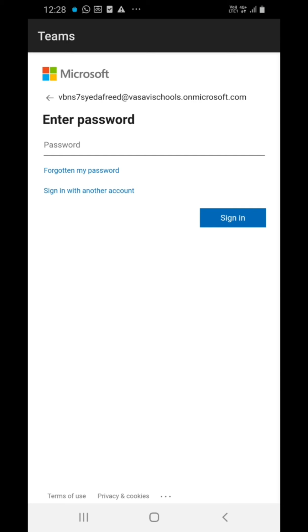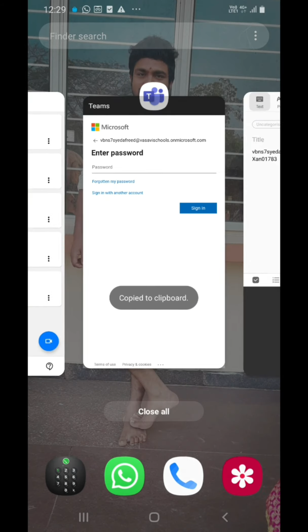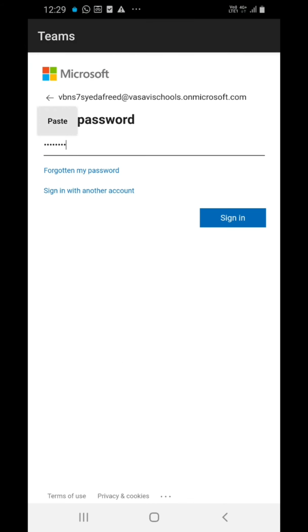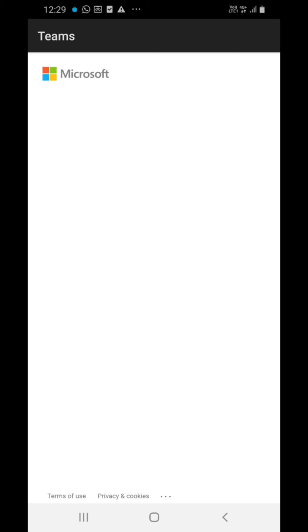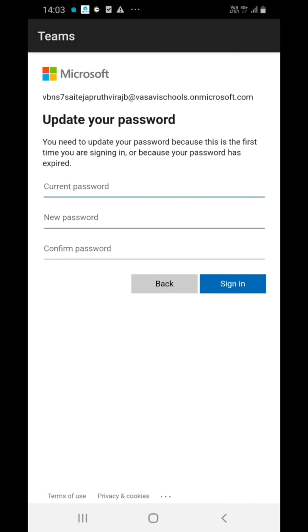Once you sign in, you'll go to the next page that will ask for your password. In the same way, copy your password and enter it here. The password the respected teacher sent you was disclosed, not created by you. The password must be created by you only. Because it is confidential, we should not share our password with others, so we have to create it ourselves. You have to create and update your password.